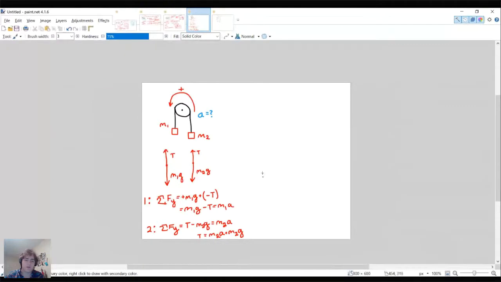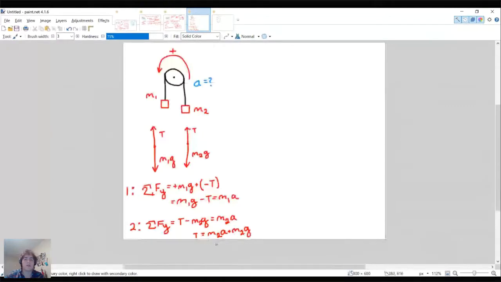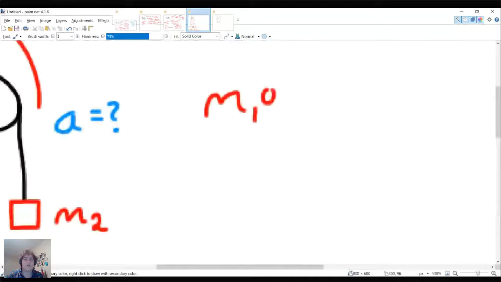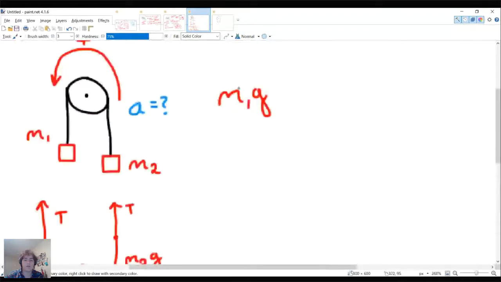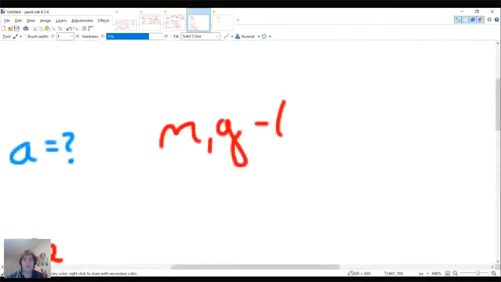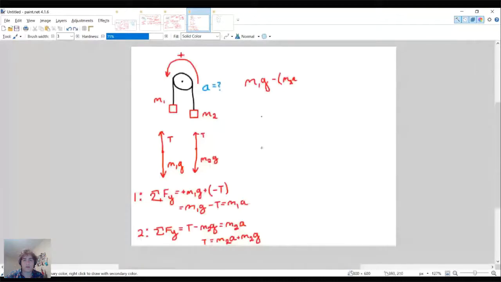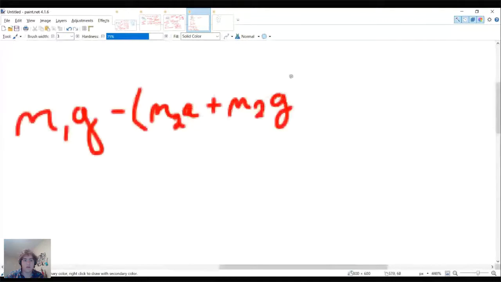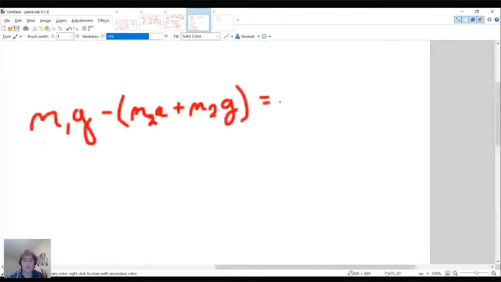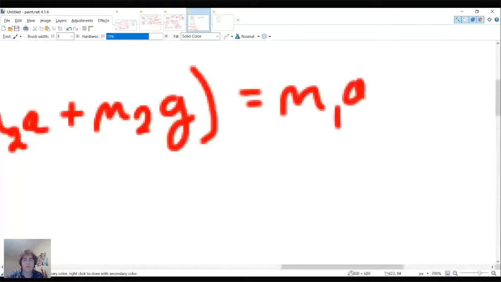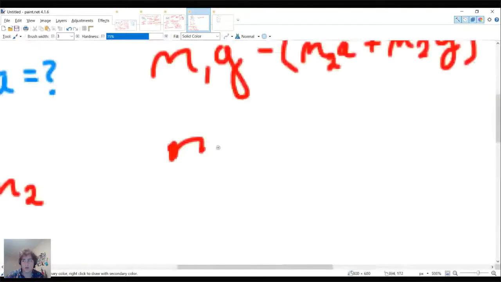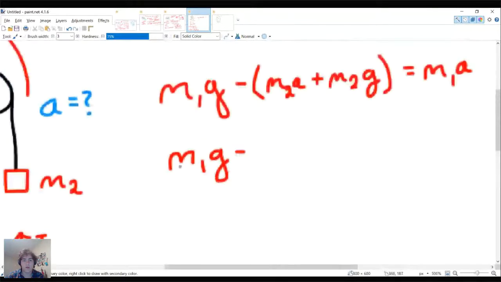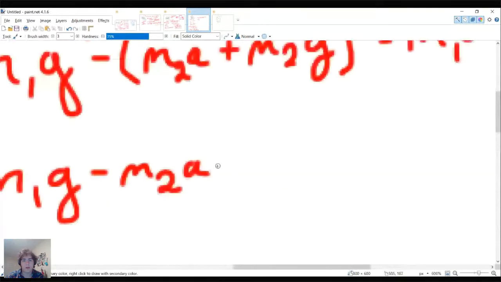But now we can substitute this tension into this tension because they're the same thing. So now we have M1G minus tension, which is M2A plus M2G, is equal to M1A. Distribute the negative sign. We now get M1G minus M2A minus M2G